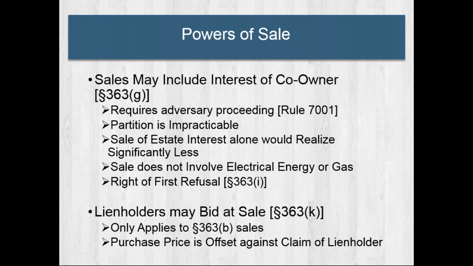And there are also issues. Number one, it only applies to Section 363(b) sales, which for the most part is what we're talking about today. It does not apply to sales in the ordinary course of business. The second issue is that the lien cannot be in bona fide dispute. If the lien is in bona fide dispute, which is an issue that will be raised obviously by a trustee or debtor in possession, if it objects to the credit bid, then the court will determine whether or not a bona fide dispute exists, and if it does exist,